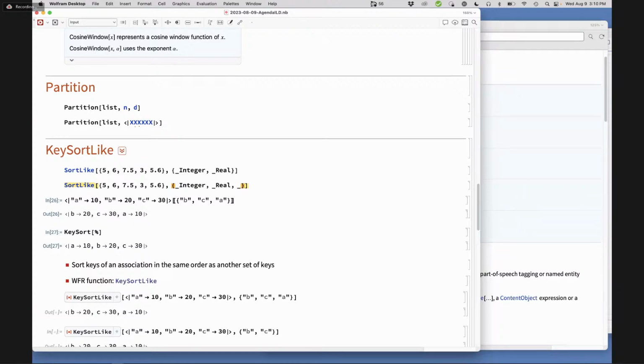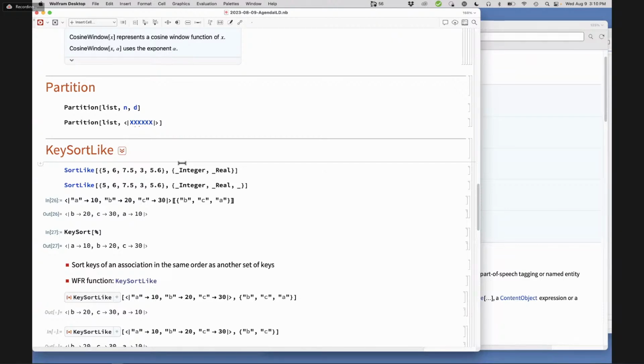What happens if you put something in the sort like in the second one where it's not in the list, like if there's not that key? It just ignores it, just like it would for a pattern. If nothing matches the pattern, it just ignores it. Does key sort like currently accept patterns? No, I don't think it does. We have a key sort by, which is a predicate based one. I don't think we have a pattern based one. Because it'll have a sort criterion that is an ordinal sort function, a comparator, like sort does.